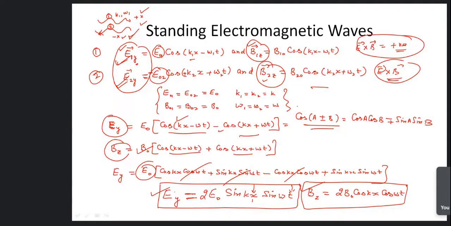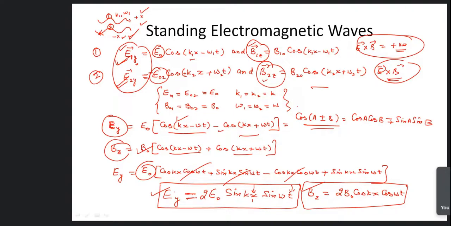We'll go into more details. We'll see where the nodal planes and antinodal planes are for the E field and the B field, and what the phase relationship is. It is important because we said that in a traveling electromagnetic wave, E and B are always in phase. In a standing electromagnetic wave, we'll see what the phase difference between E and B is, and then the spatial dependence. We'll see how the E and B fields vary with x,